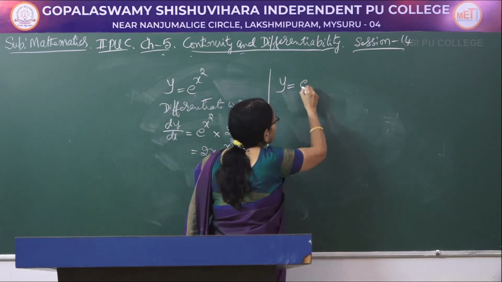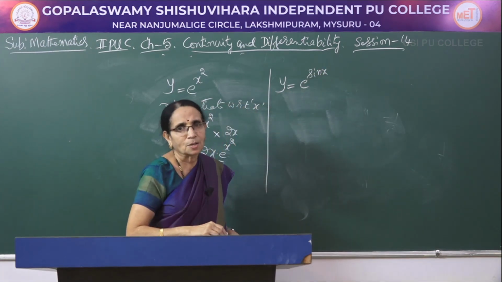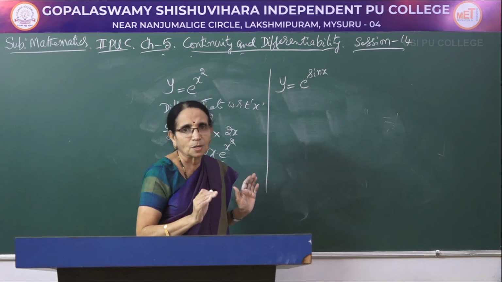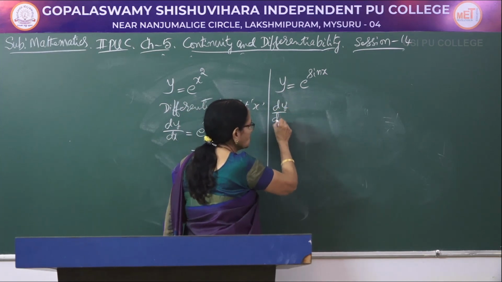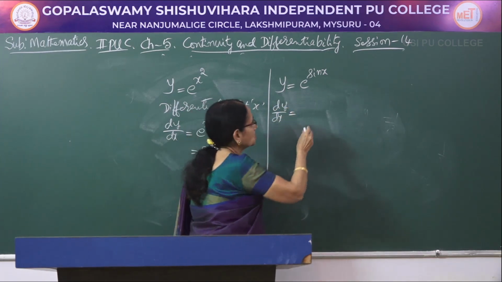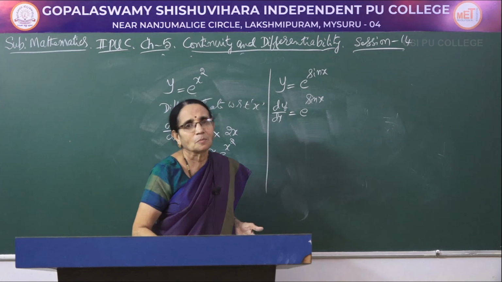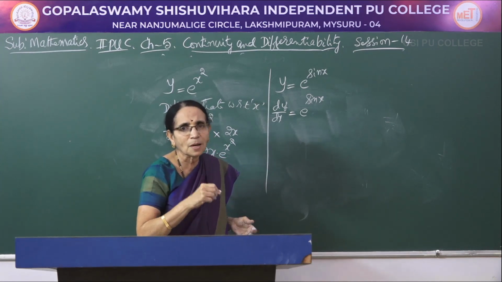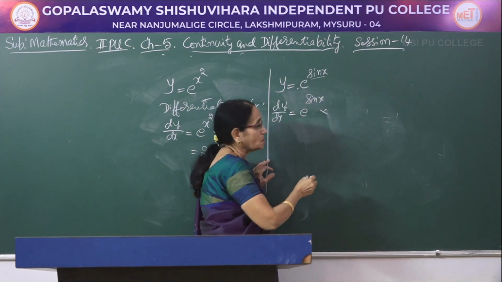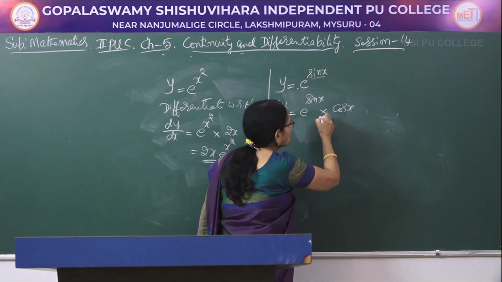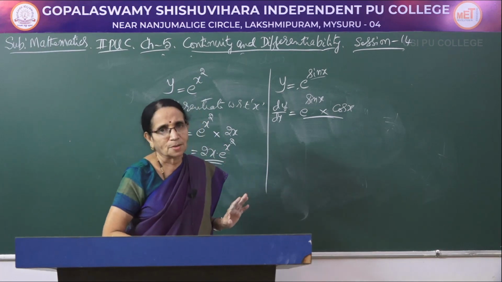Next problem, y is equal to e to the power sin x. Again I am considering the exponential function. So e power something is one function, sin x is another function. Therefore, when you differentiate with respect to x, dy by dx equal to e to the power anything. E to the power something is e to the power same thing. E to the power sin x is e to the power sin x. So e part is over. What is remaining? We are coming to sin x part. What is the derivative of sin x? It is cos x. So this is the derivative. E to the power sin x into cos x.